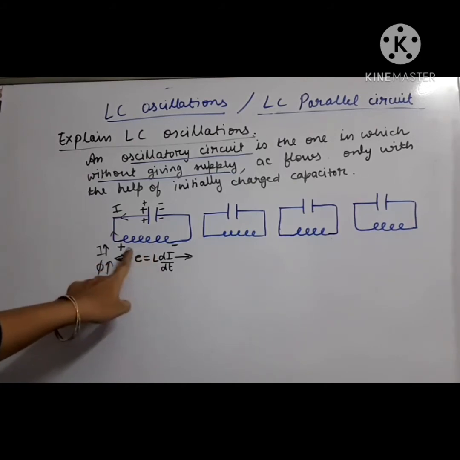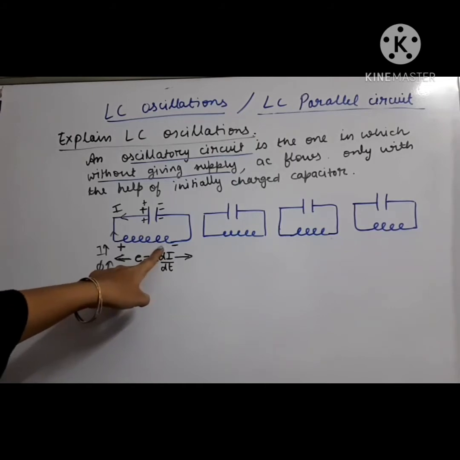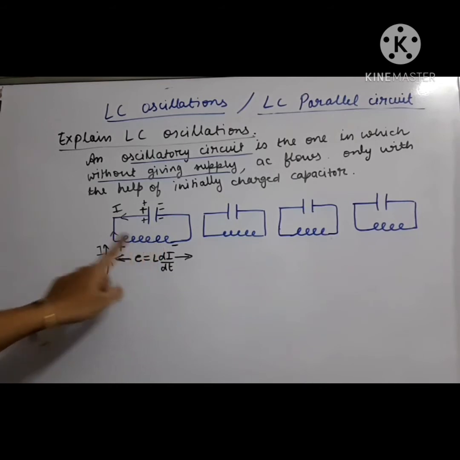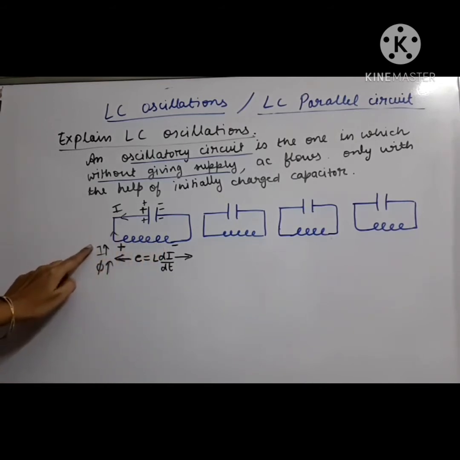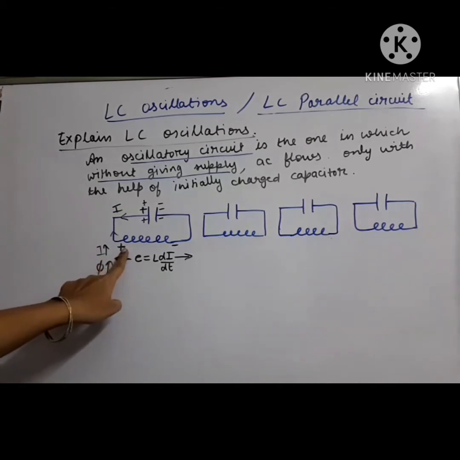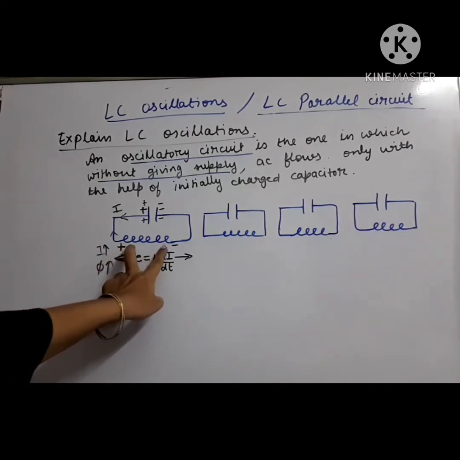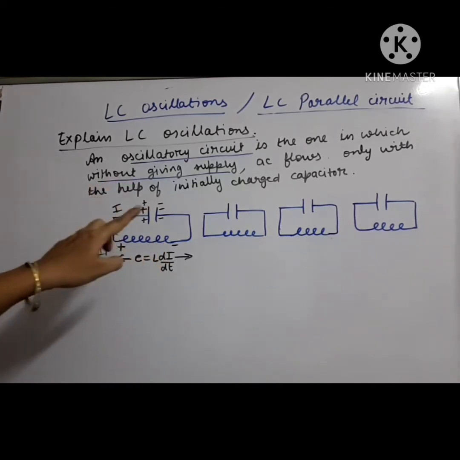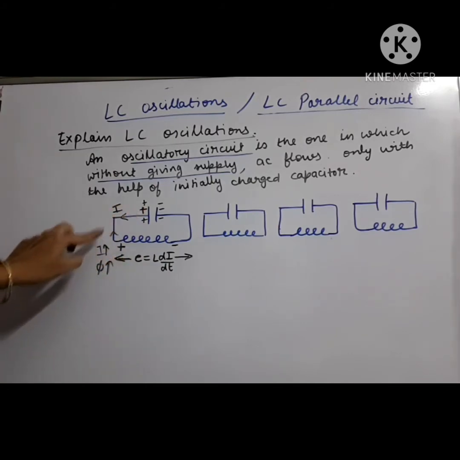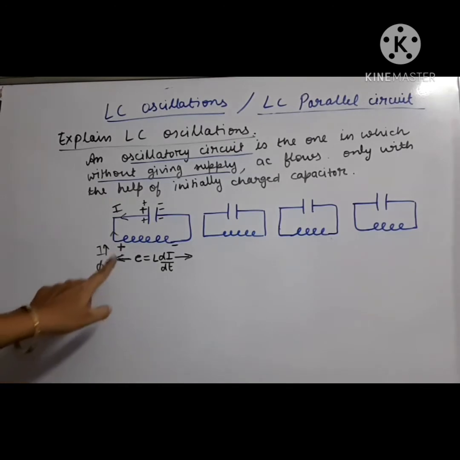How to find the polarity of the induced EMF? That is by Lenz law. Lenz law opposes the cause. Since the current was increasing, the current due to this voltage generated across the inductor should oppose the original current. The original current is flowing this way, that's why it should send current in the opposite direction. That means this end should be the positive end.